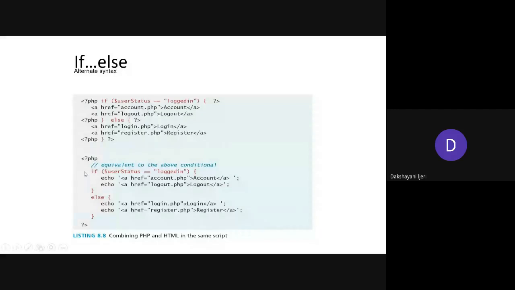So begin the PHP section and include whatever PHP part you want, exactly in the same way as in this example. So directly you can start with the if statement's flower brace, and following that, once the condition of this if statement is true, you want to execute these two HTML parts, right? Since you want them embedded as part of the PHP only, you can take them with the echo statement and include the HTML element entirely within either single quotes or double quotes, right? I already discussed in the last class how it makes a difference if you take double quotation for the echo statement and single quotes here, right?